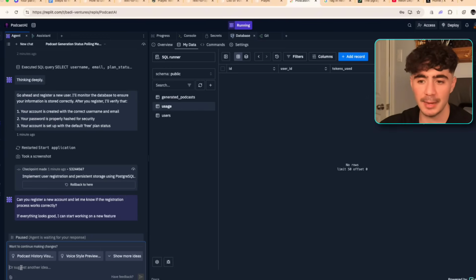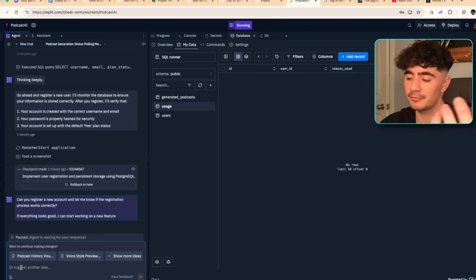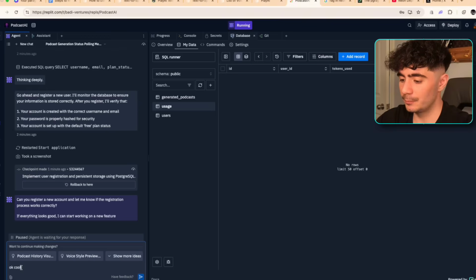In this example, we're going to limit the free plan to 5,000 tokens, and we want to see if it's actually tracking the usage. And here's how I'm going to write this prompt out. Okay, cool. The users are being added correctly. Now let's work on the usage